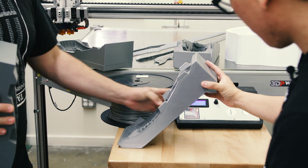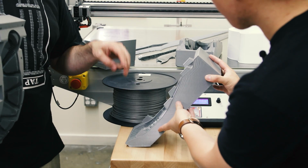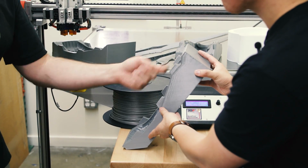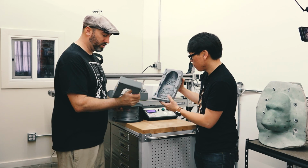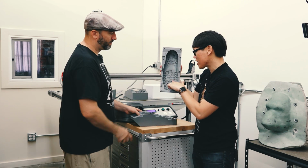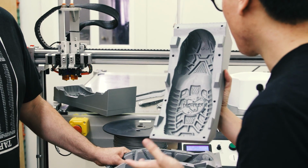Right. So that way we kind of had the best of both worlds, and the problem-ish areas are just in the bottom of the toes and just a couple little spots in here. But the place where you care about the details, specifically this logo in the center, that's going to be clean. I mean, you're still going to be doing cleanup on whatever you cast out of it, but again,